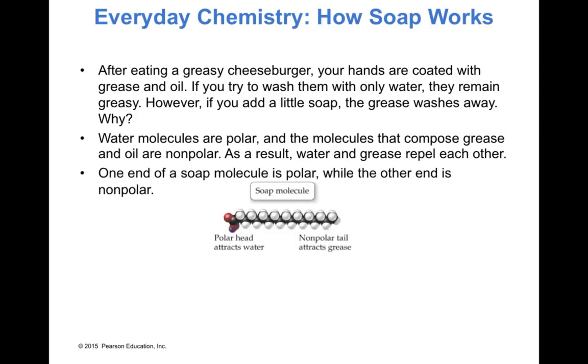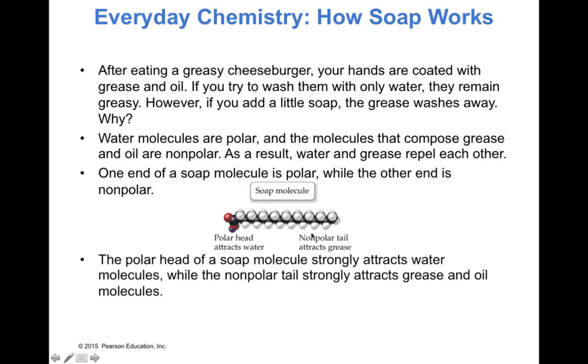So the molecule of the soap is this one. It's going to have a polar head and it's going to have a non-polar tail. So the polar head is going to interact with what? If you have water and oil, it's going to interact with water, while the non-polar tail is going to attract the grease. It's going to help to bond together these two molecules that are not related between them with polarity, okay? Because this end is going to help to attract the polar ones, while this one is going to help to